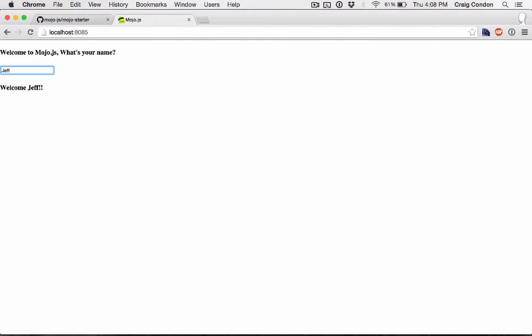So that's everything you need in order to get started using MojoJS. If you're looking for extended documentation on how to use models or the router or the mediator, I encourage you to go onto